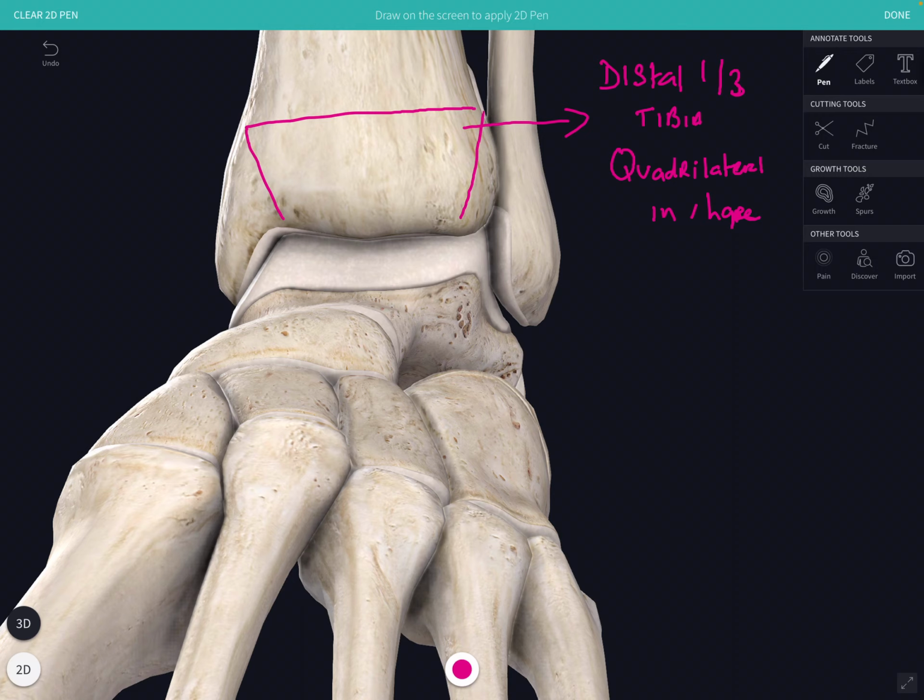Now, on the medial aspect of the distal third of the tibia, we see a projection of bone, and this is the medial malleolus. Okay. Now I'm going to pick out some features not of the tibia, but of the fibula as well, just so that we have an overall appreciation of what is making up the ankle joint here. We've got a projection of bone here from the fibula, and this forms the lateral malleolus